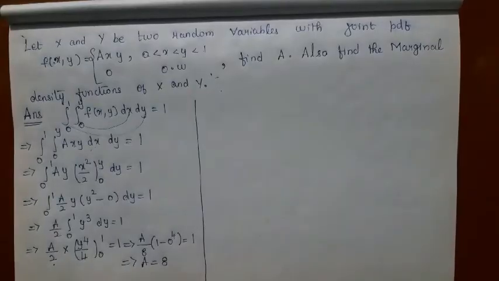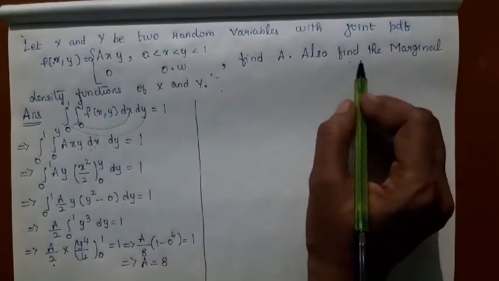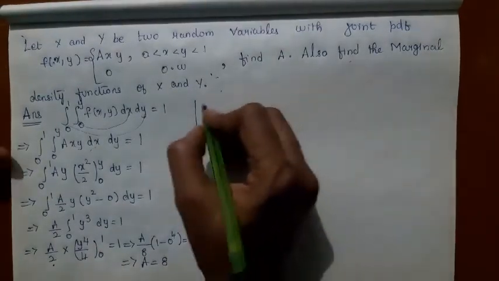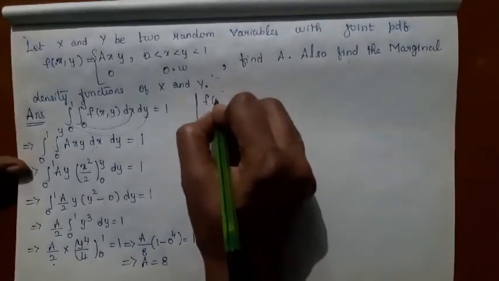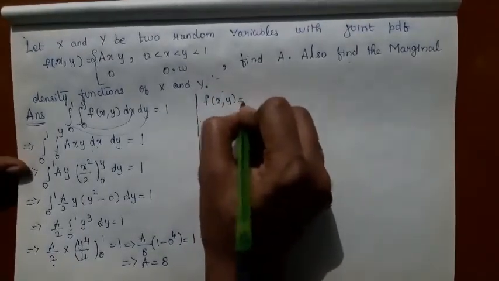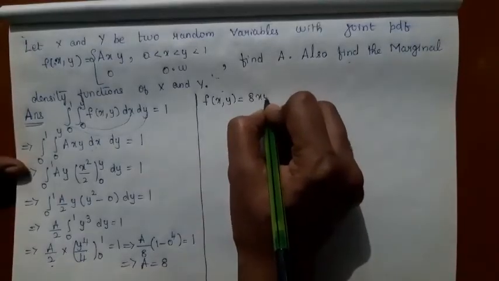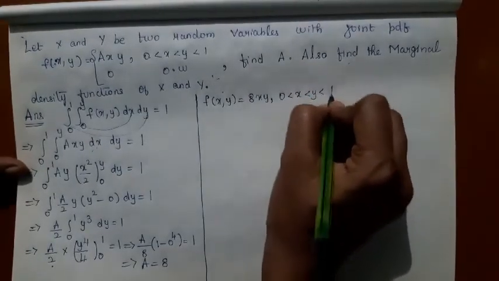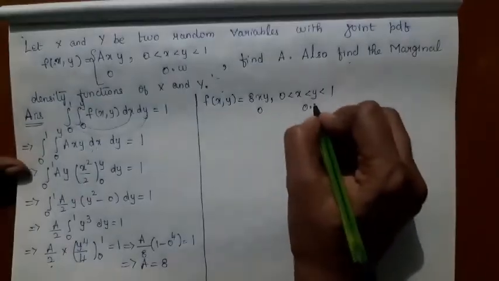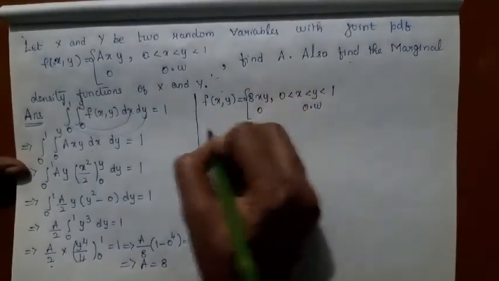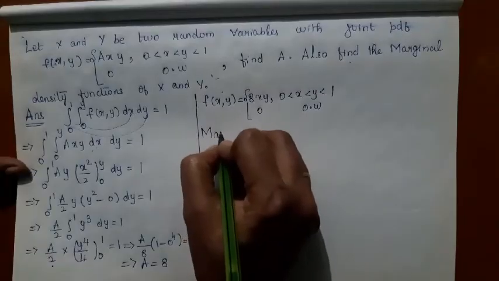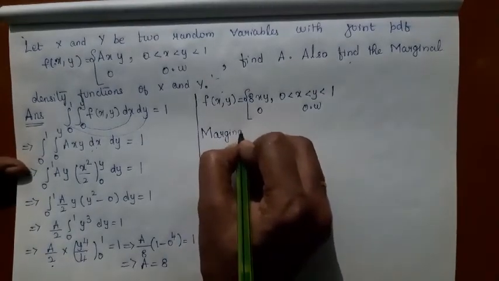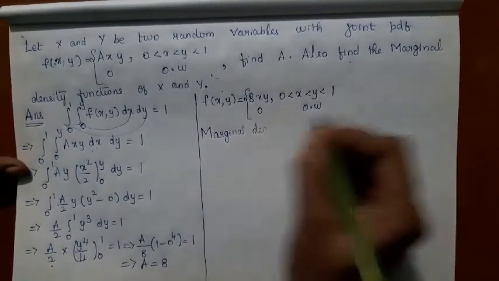Now the next step is to find the marginal density functions of x and y. So you have f of x comma y is equal to 8xy in the interval 0 less than x less than y less than 1, and it is 0 otherwise. Let us first find the marginal density function